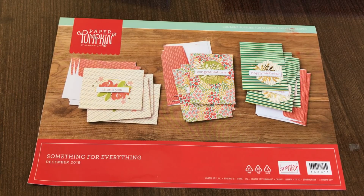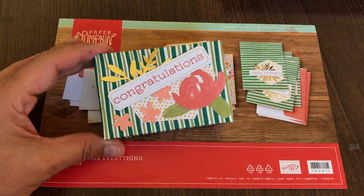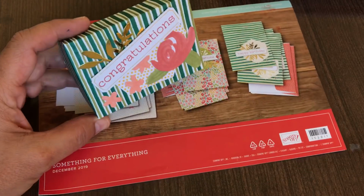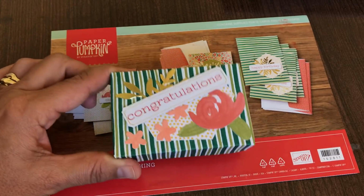In today's video, I will be showing you 21 projects you can create with the Something for Everything Paper Pumpkin Kit. Not only that, but if you stick around to the end of this video, you are going to learn how to create this box out of a card base from the kit. It's a widely requested tutorial that I'm asked to do all the time. And although it's been shown on my YouTube channel, I am going to show it again using the specific supplies